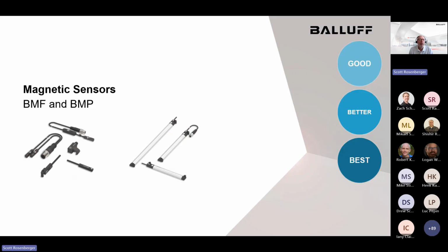So when we talk about Balluff's magnetic field sensor offering, I'd like you to think in terms of sort of a good, better, best mentality here. And by that, I mean selecting the right product for the application and the other considerations involved